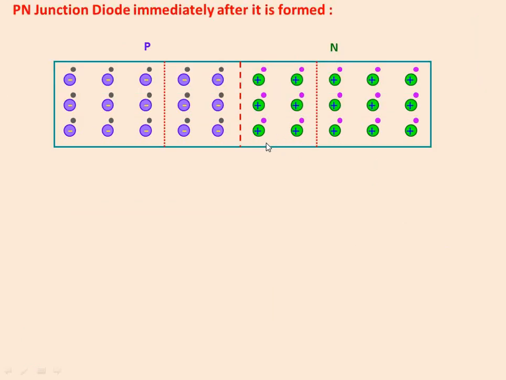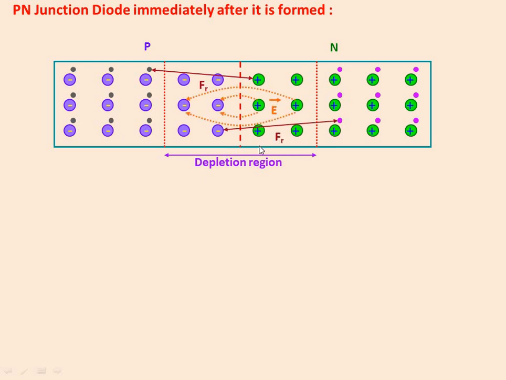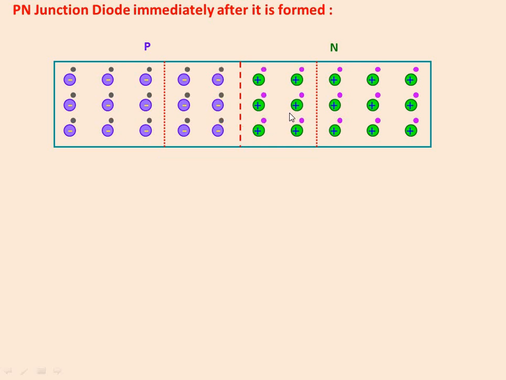So here it is. So PN junction diode immediately after it is formed, and this is how the formation will be, and that region is called depletion region. Did you notice it there? As the hole is being drifted, right? So that was, I am calling it as the direction of the electric field. And anyway, electron is moving from here to there, so direction of the electric field will be opposite to that. Are you getting the point here? Let me show this again. This is how it happens.